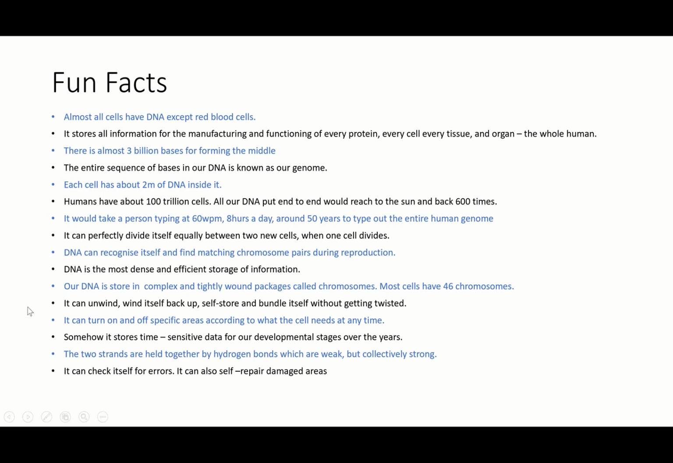Secondly, it stores all information for the manufacturing and functioning of every cell, every tissue, and organ, the whole human. So DNA is basically the blueprint for being a human. Well, I can't be bothered to read out the facts. You can read them in your own time. And at the end,